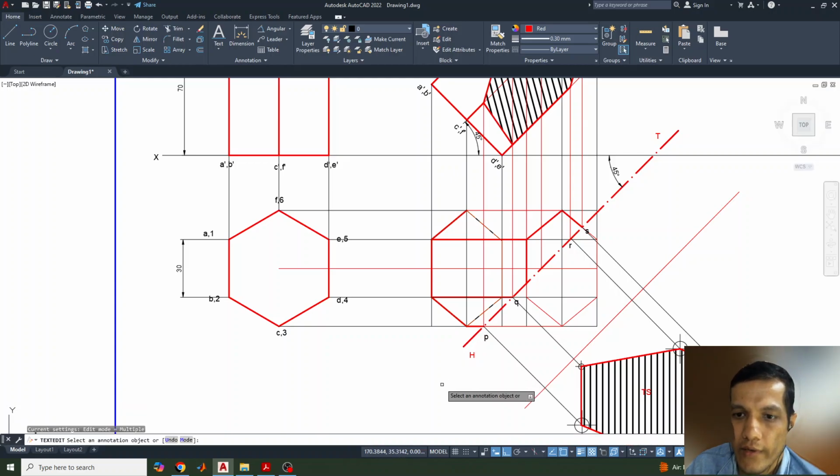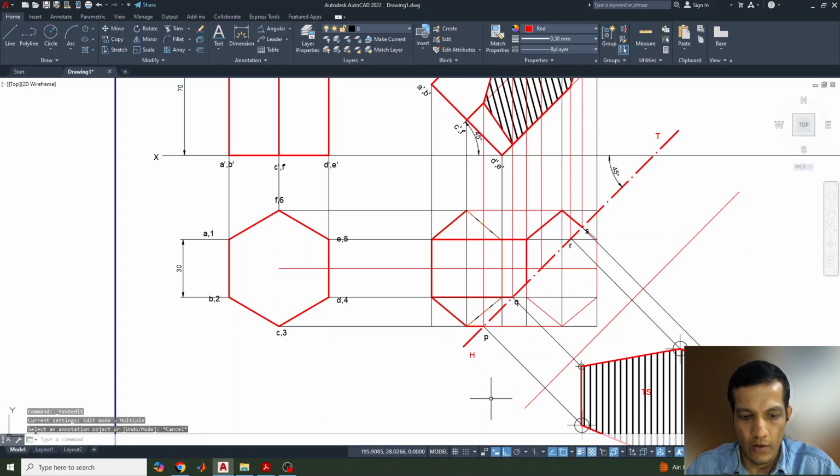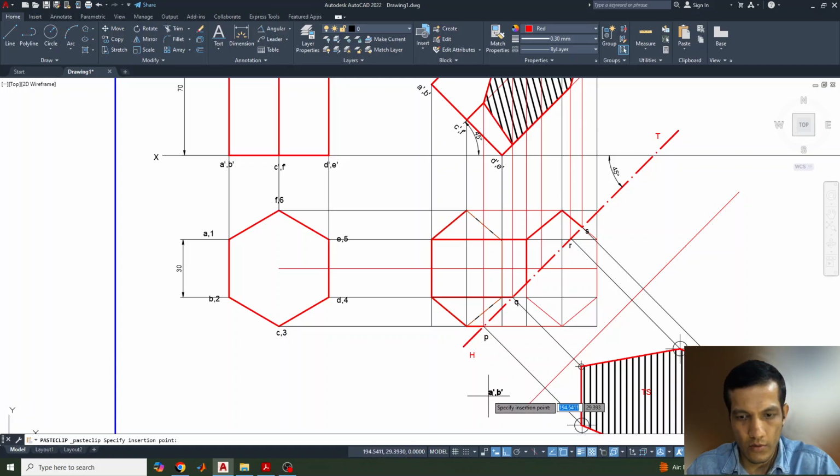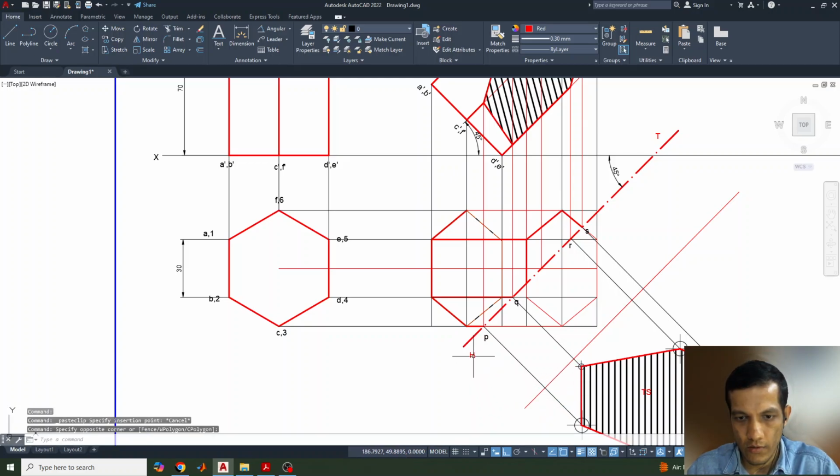This is H actually, and similarly if you want to copy this, Ctrl Z, Ctrl C, Ctrl V,